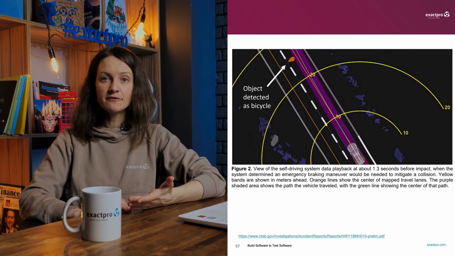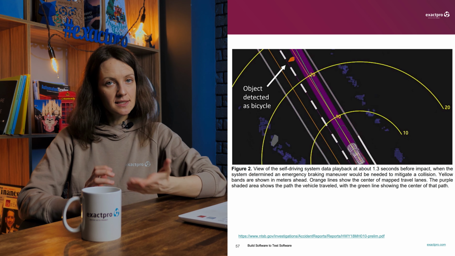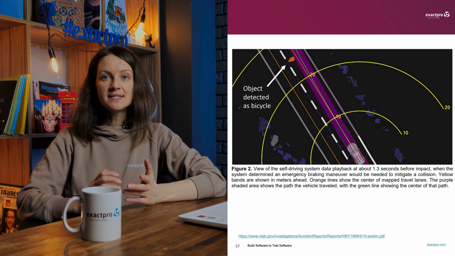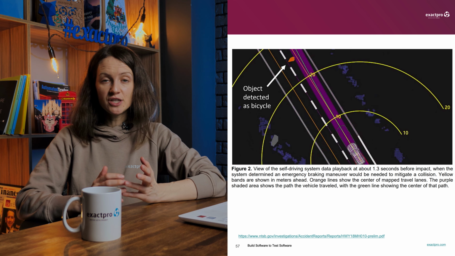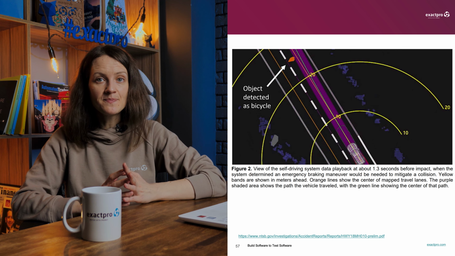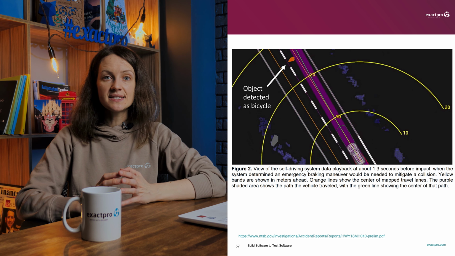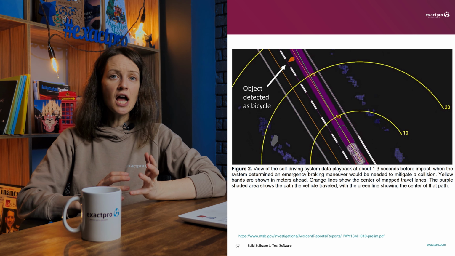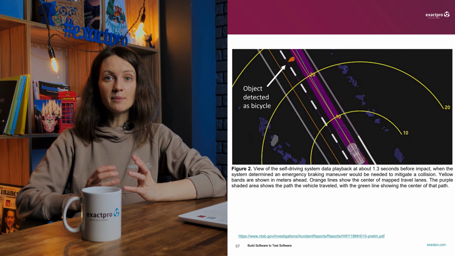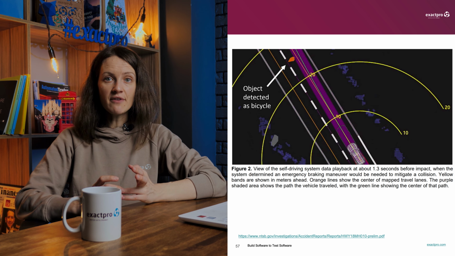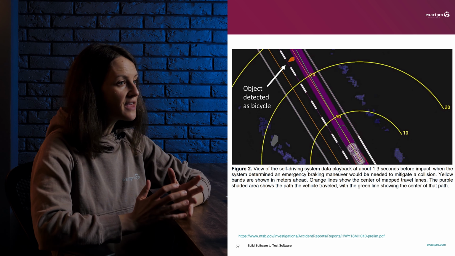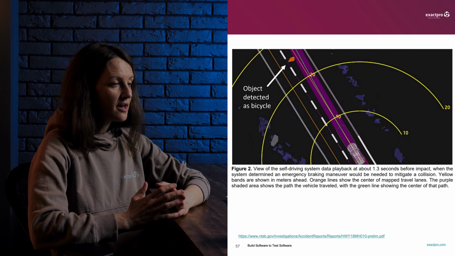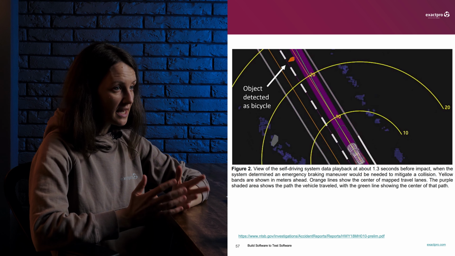According to the data obtained from the self-driving system, the system first registered radar and LiDAR observations of the pedestrian about 6 seconds before impact, when the vehicle was traveling at 43 miles per hour. As the vehicle and the pedestrian paths converged, the self-driving system software classified the pedestrian as an unknown object, as a vehicle, and then as a bicycle with varying expectations of the future travel path. Since all of those objects could potentially move with different speeds, the predictions varied. The pedestrian was walking with his bike next to him.